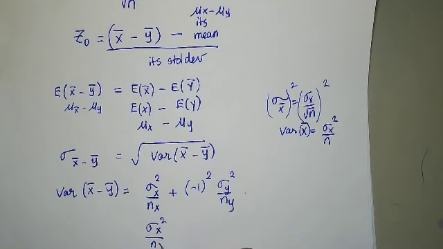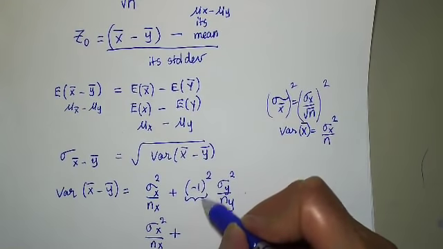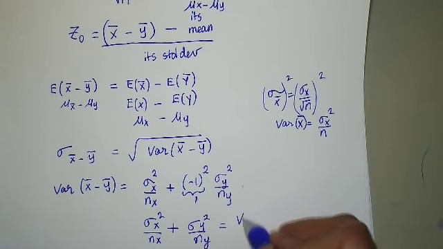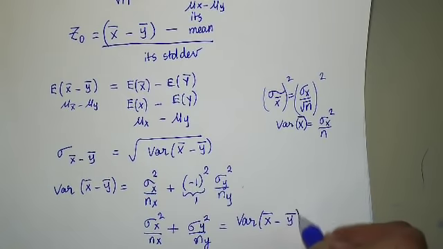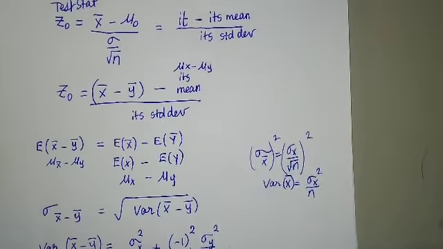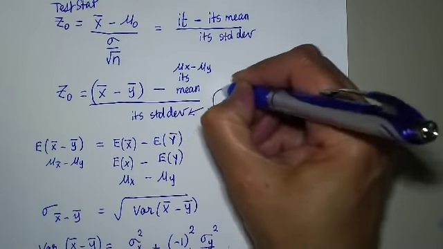So variance of x bar is this, plus minus 1 squared. Remember when we're doing the variance, we take the coefficient and we square it? That's what I'm doing. Variance of y bar, which is sigma y squared over ny. So I get sigma x squared over nx plus, this thing is gone because it's just a 1, sigma y squared over ny. That's the variance of x bar minus y bar. I don't want the variance, I want the standard deviation. So standard deviation, sigma